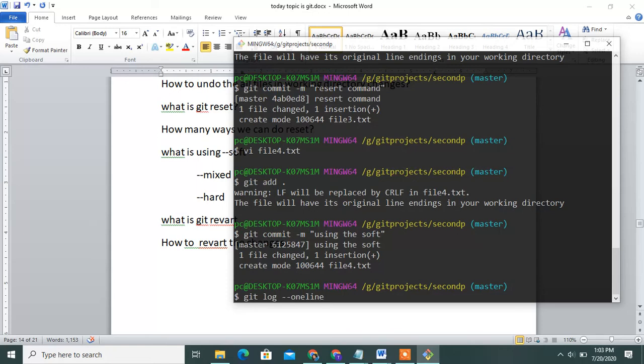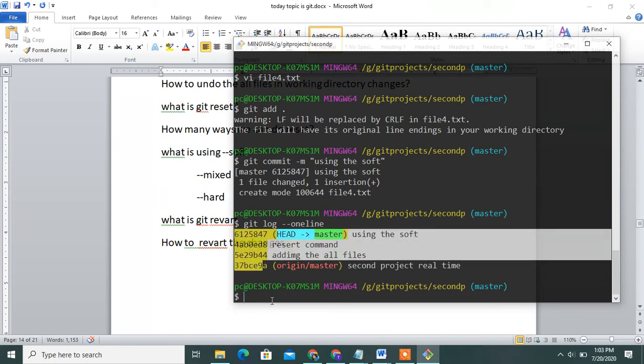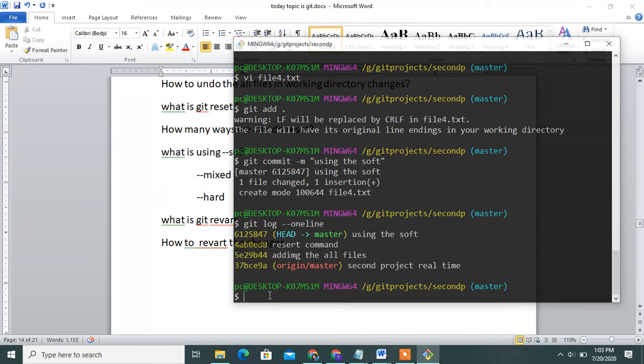How many commits are stored? See this, these four commits are stored. I will create another one also.